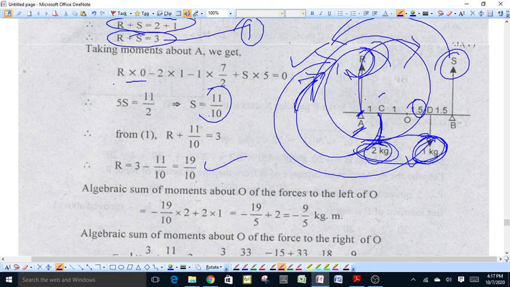Therefore, the moment of R about O will be equal to minus 19 upon 10 into 2, because the perpendicular distance from A to O is equal to 2 meter,